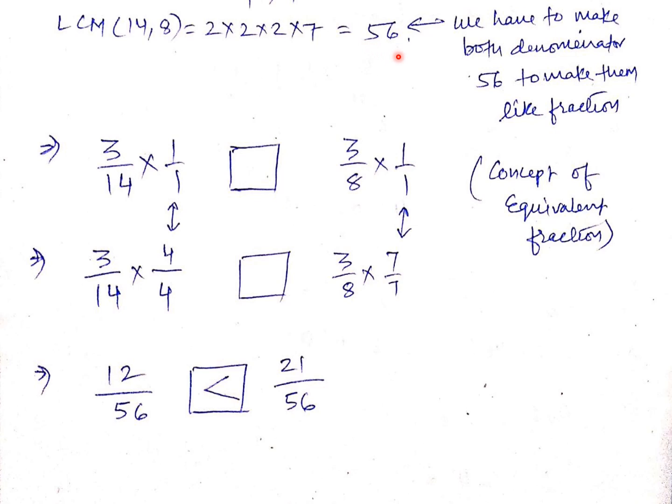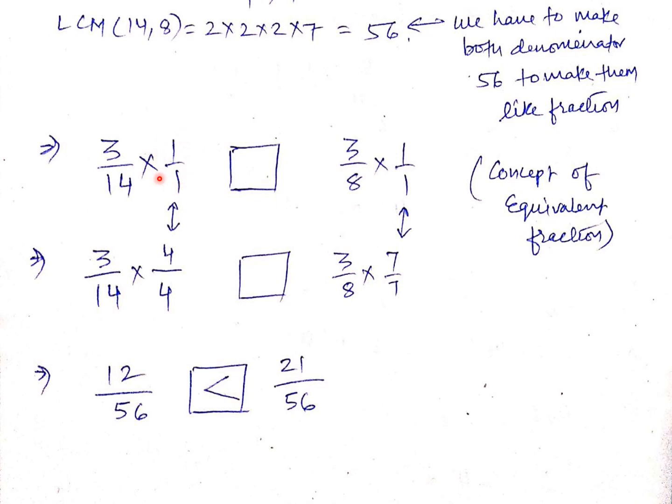Okay. So here we will use the concept of equivalent fractions. If you have any doubt about this concept, you can see the previous video. Okay. Now, the first fraction was 3 upon 14. The second fraction was 3 upon 8. Now, I am going to discuss a very important thing, how to make this 14 as 56 and this 8 as 56. Before that, I have multiplied 1 in the numerator and 1 in the denominator. We all know multiplying by 1 changes nothing. So it is harmless and we can do it anytime. Okay, that is why I've written like this.